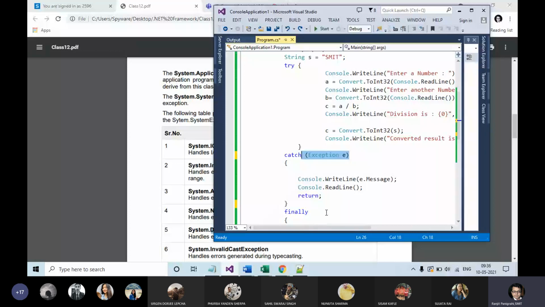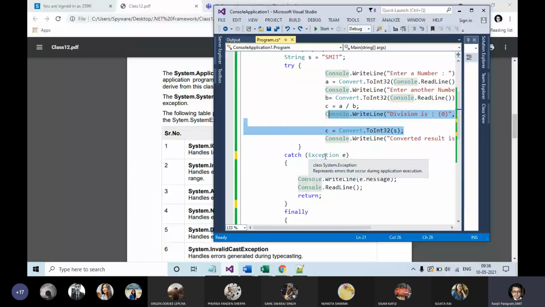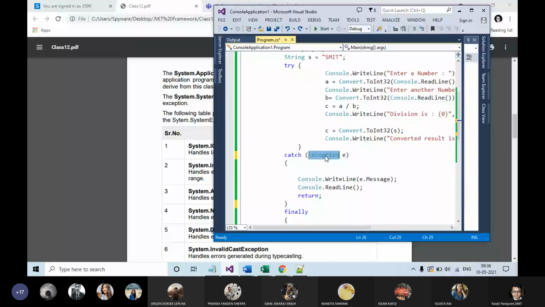If it is throwing a divide by zero exception object, it can only be handled by divide by zero exception class, because in this case you have entered the second number as a zero. As a result, the program threw a divide by zero exception object, so it is taken care of by the divide by zero exception class. This is absolutely fine. This principle is applicable. Yes.